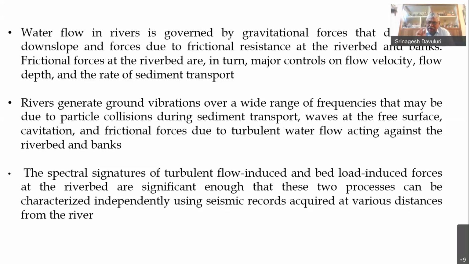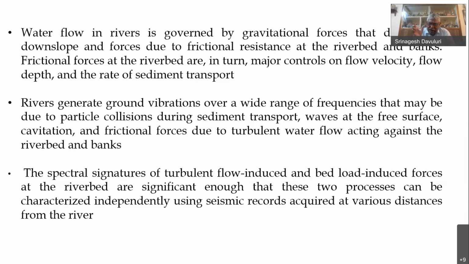The spectral signatures, that means when you take the spectrum of the seismogram, which you record as the ground motion, that is the displacement with respect to time. So the seismometry we use is a velocity seismometer, which has a frequency range anywhere from 100 seconds to 50 hertz. That is the dynamic range, the frequency range at which we record. And the dynamic range is such that even nanometers of ground displacements can be picked up. And this is a very, very important aspect. Because we have state-of-the-art instrumentation with 24-bit digitizers, we can pick up anything from very small motion to a large motion of ground displacement.